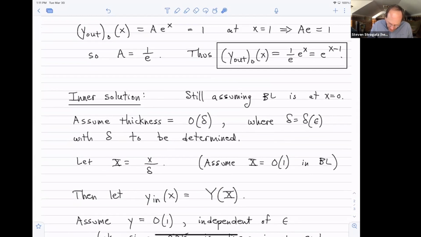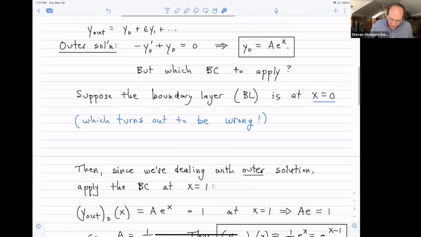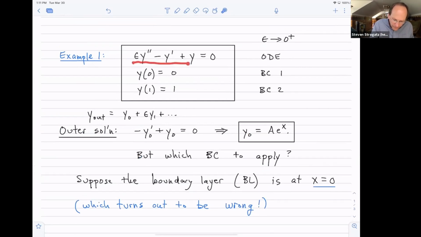But in doing that, maybe I should mention one little thing, which is that I've scaled the independent variable, big X, but why don't I scale the Y variable? There's no need to. The equation is linear. Remember, we started with a linear equation. If you go back here, this is linear in Y. So no matter what scalar I multiply Y by, it will just cancel out. If you've got a linear operator times Y equals 0, then that same linear operator times C times Y is going to be 0. So the C will just drop out. There's no point trying to scale it.